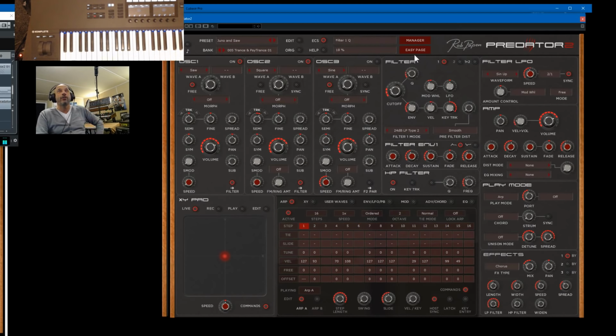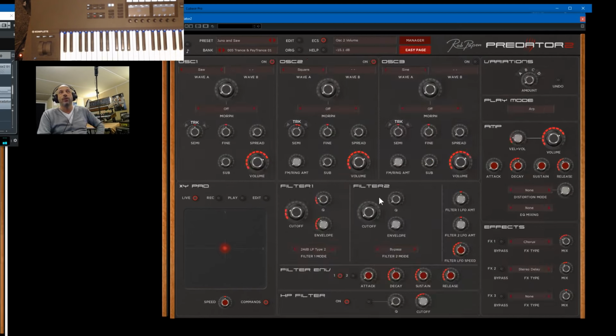Yeah, the easy page, that's of course also a part inside Predator2. You see all major controls. Essentially these are the most important ones. So you can change a bit the FX here, so bypass them. Or you can say, okay, this sound is okay, but it's maybe a bit too long. You can make it shorter. The amp section, change the filters here, or make it long. So the easy page is always handy because sometimes you don't have to do major stuff to get a sound